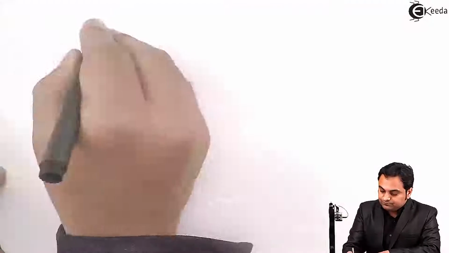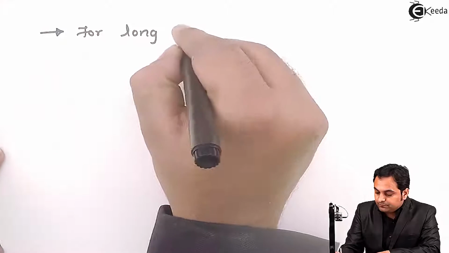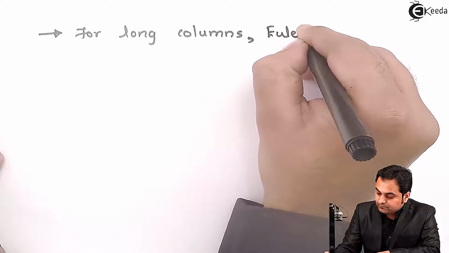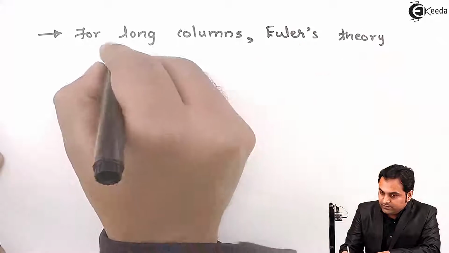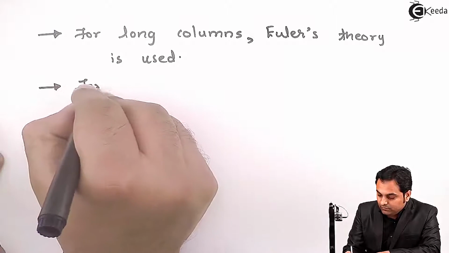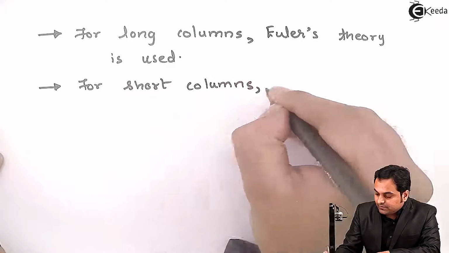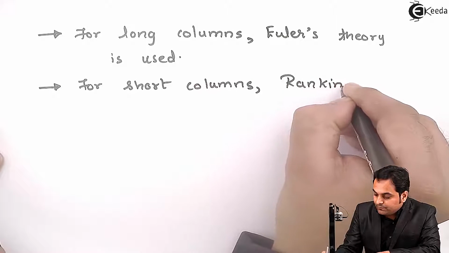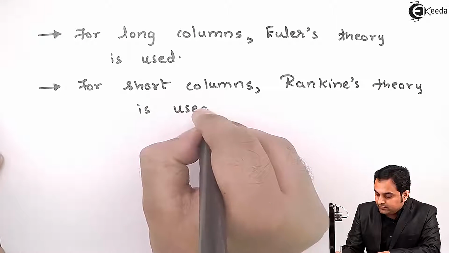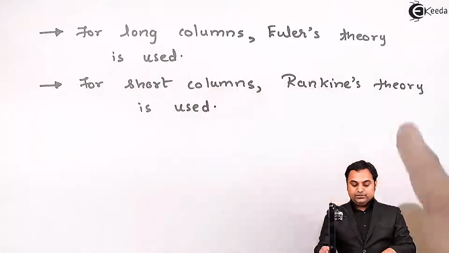So for long columns, Euler's theory is used, whereas for short columns, Rankine's theory is used. That is, if we will be solving a problem, then for long columns we are going to use Euler's theory,